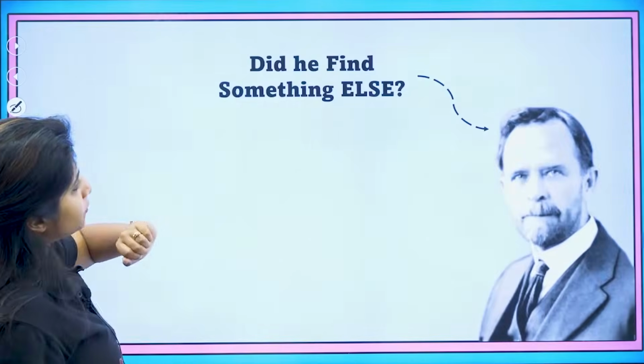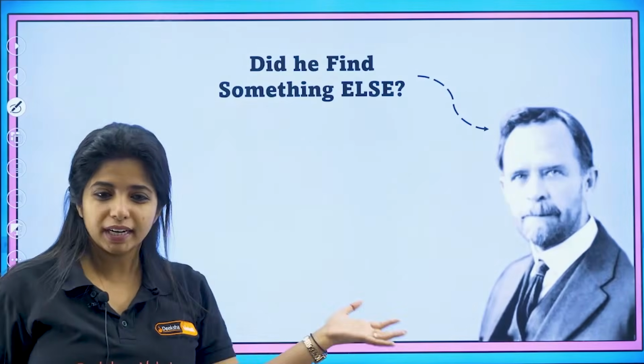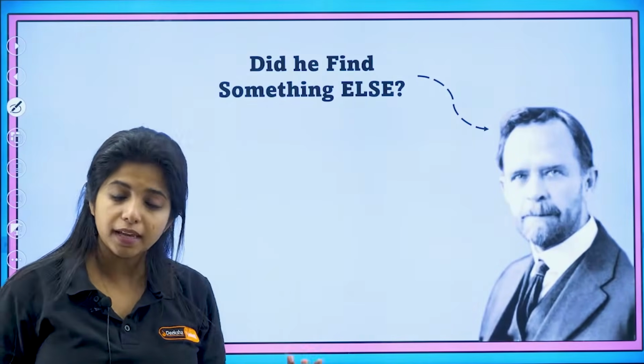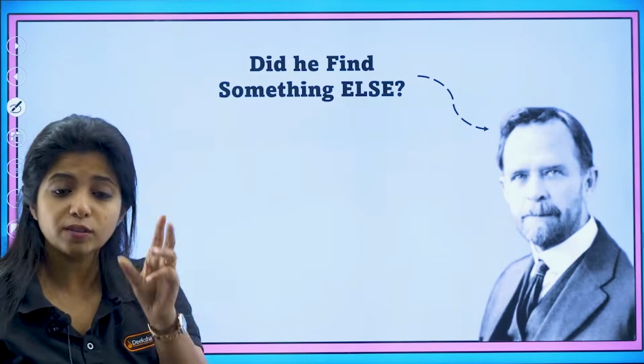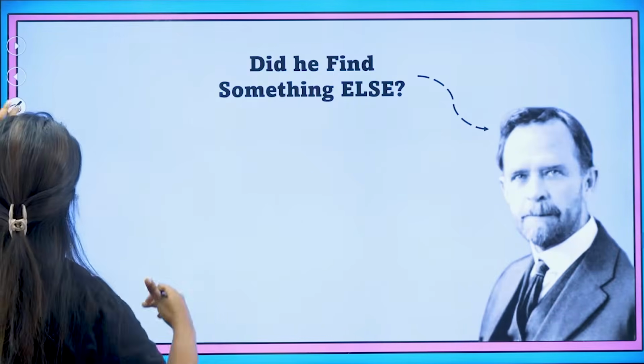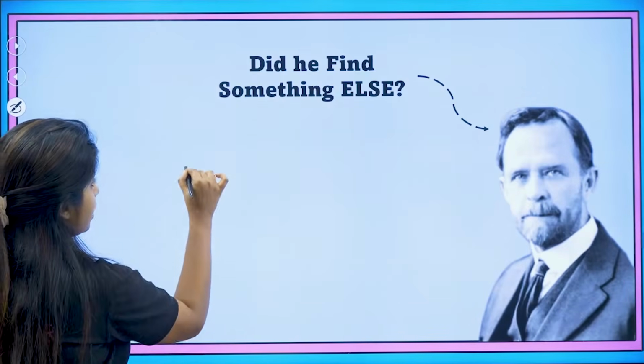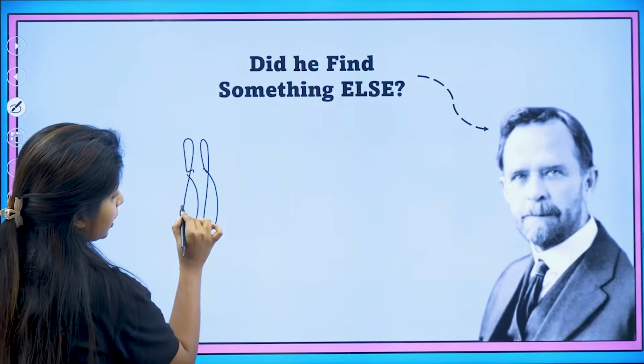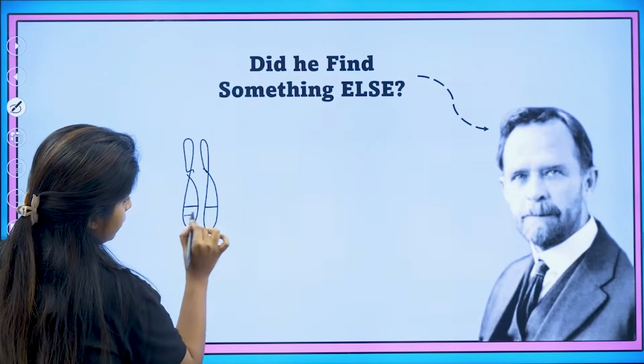Okay. Now, did he find something else? He did his experiment and all, but did he find something else? The answer is yes. He found 2 things. One is linkage and the other one is recombination. So initially I thought I'll show it to you later, but I can explain here itself so that it can save a lot of your time. Okay, so over here,